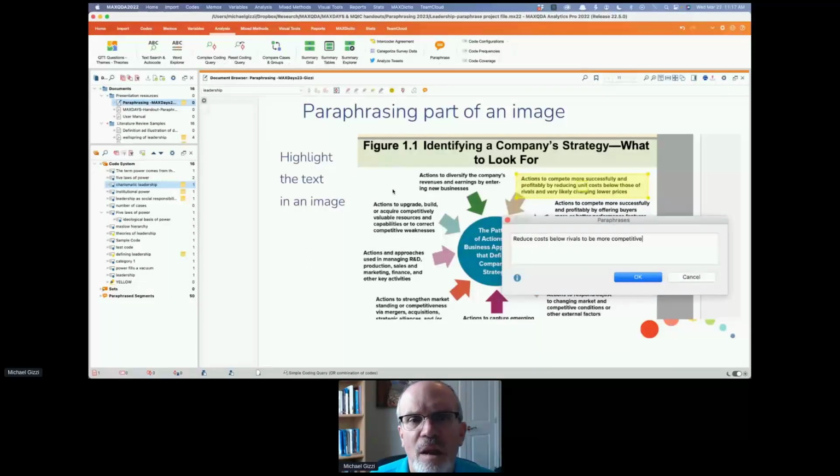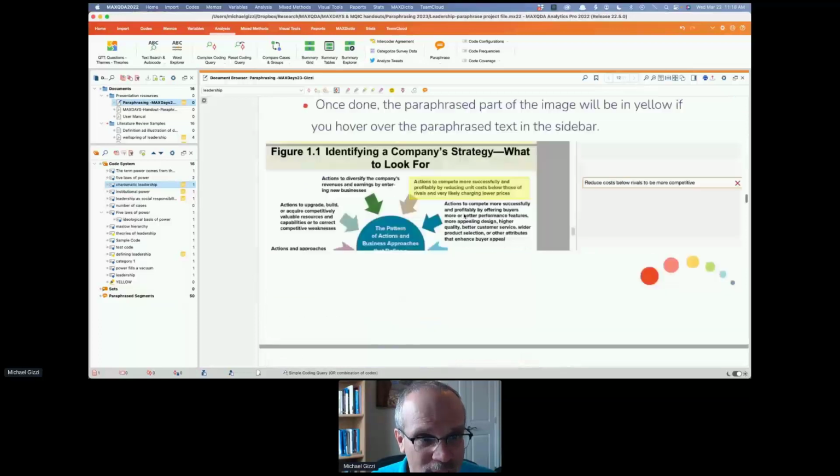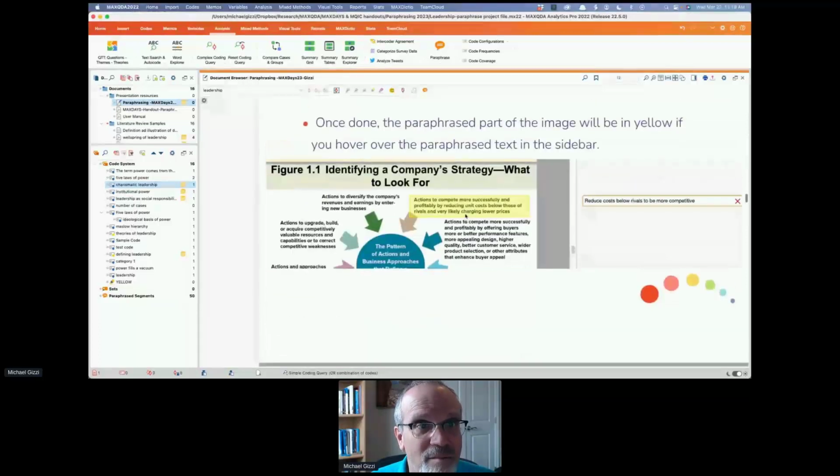I wanted to identify a company's strategy, what to look for. I could easily highlight the text in the image and then write my paraphrases for it, the same way I just did. And so once I've completed that, the paraphrase part of the image will be in yellow if you hover over the paraphrase text in the sidebar.